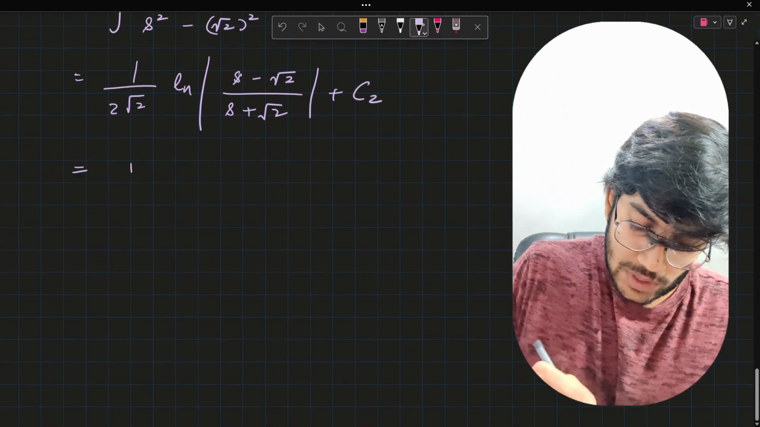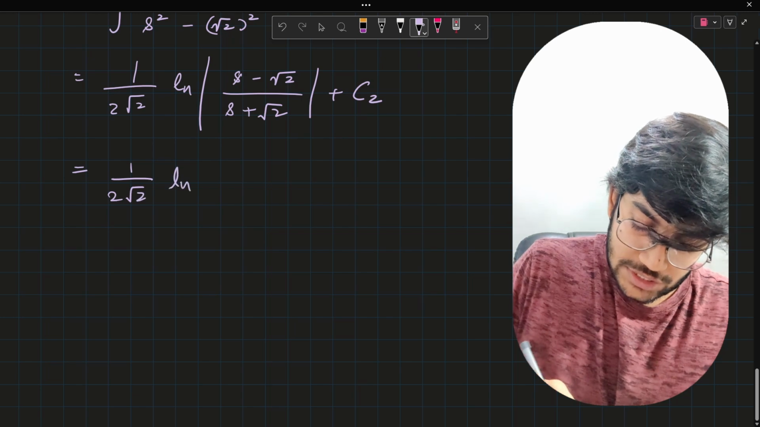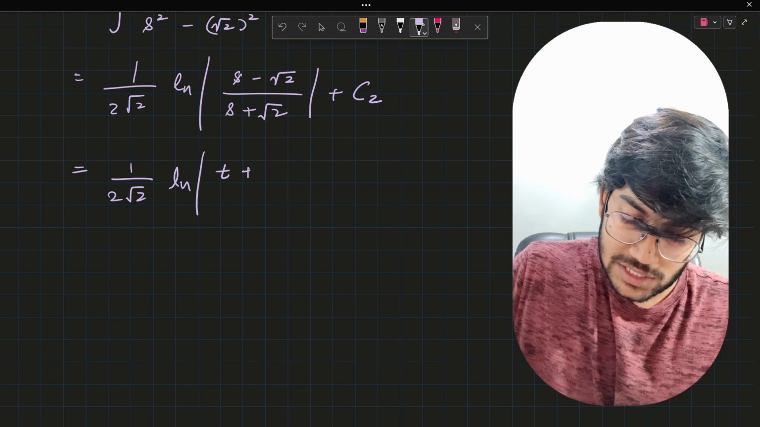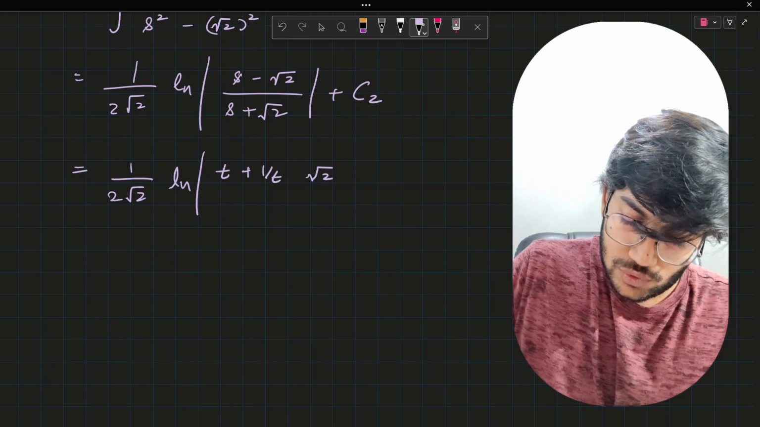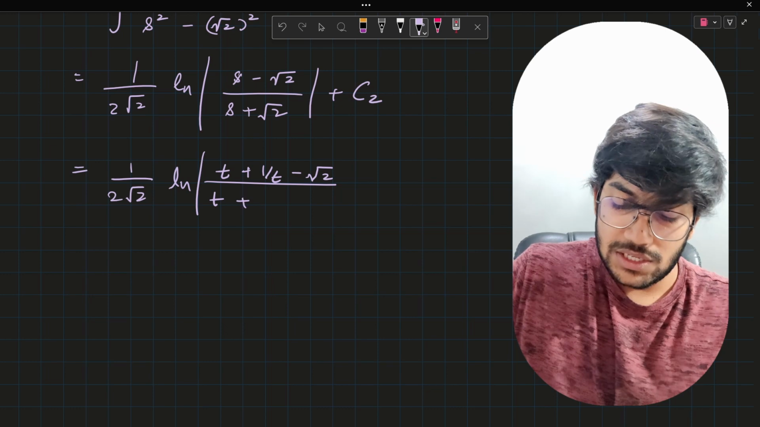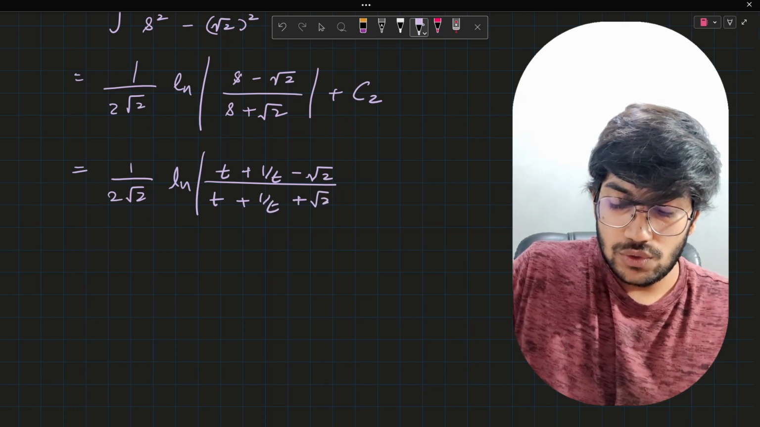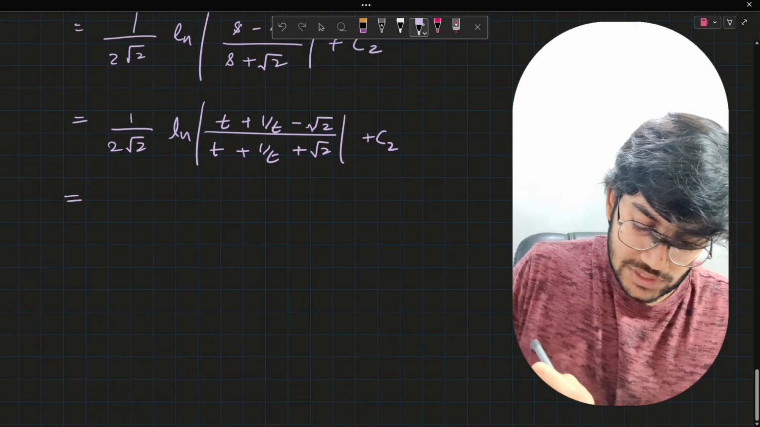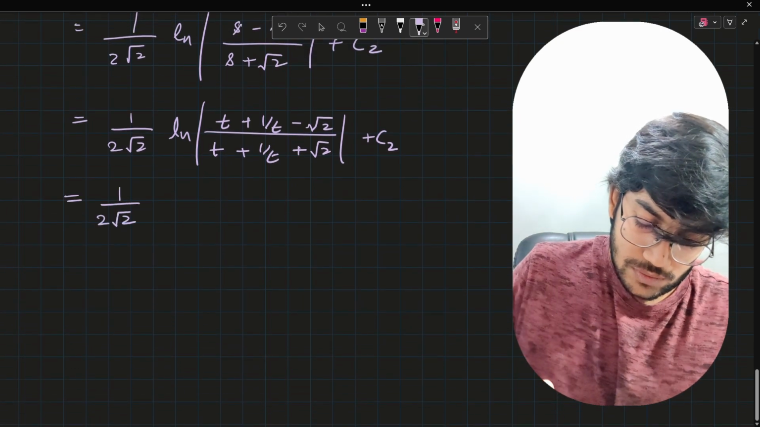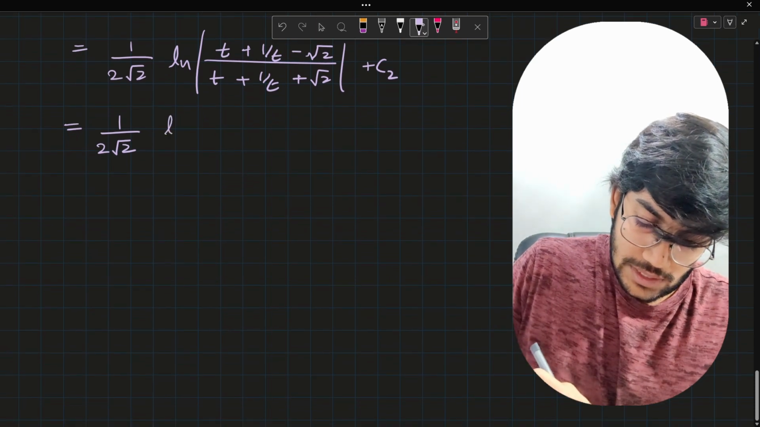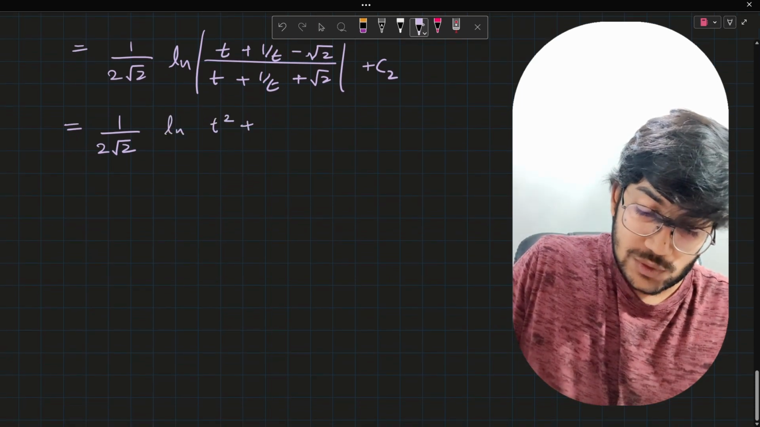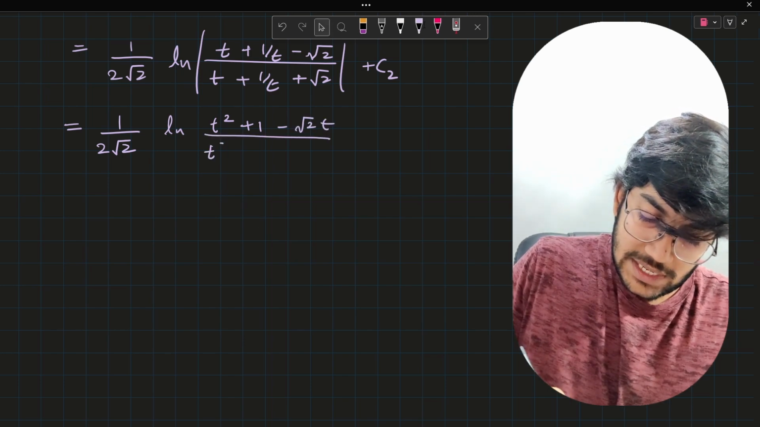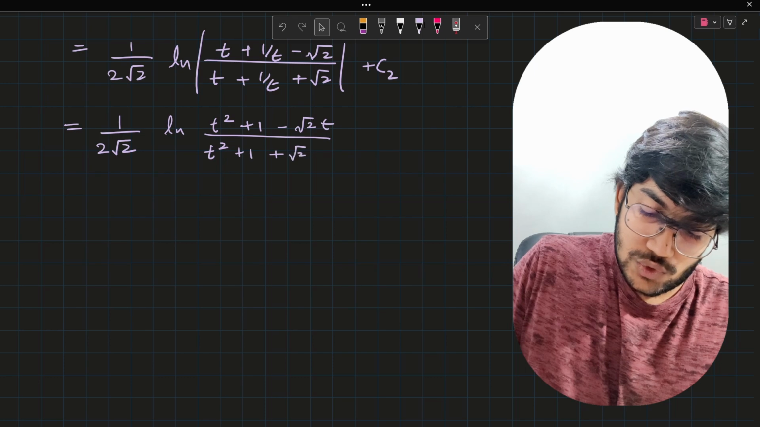This gives us 1 by 2 root 2 natural log of, so s was what, t plus 1 over t minus root 2 by t plus 1 over t plus root 2 plus c2, and this gives us 1 by 2 root 2 ln t square plus 1 minus root 2t by t square plus 1 plus root 2t